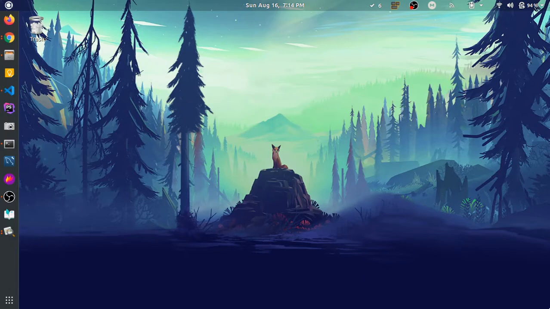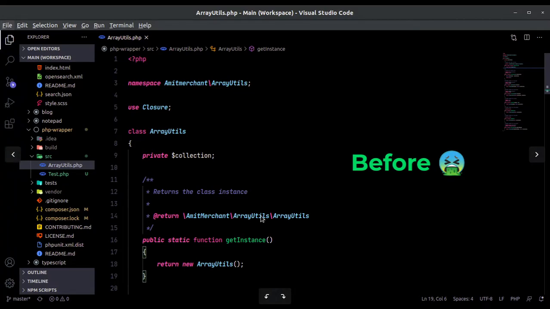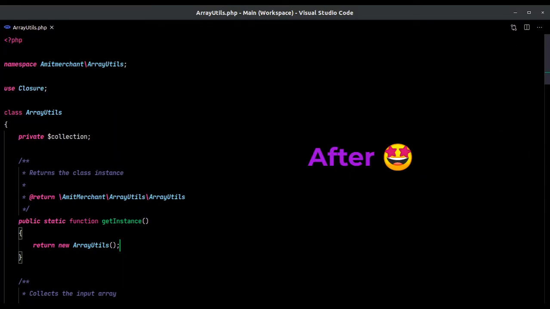Today I want to show you how you can make your VS Code minimal and distraction free by just tweaking some of the default settings of VS Code. You can make your VS Code go from looking like this to this. As you can see, there is quite a lot of difference, and this particular setup looks much more distraction free, and you have more space to breathe.